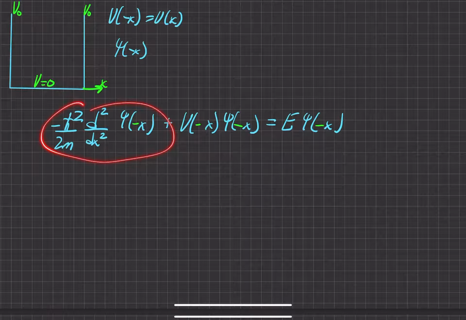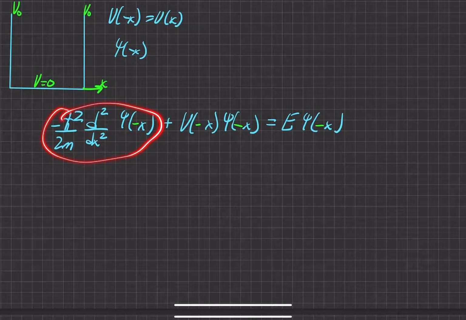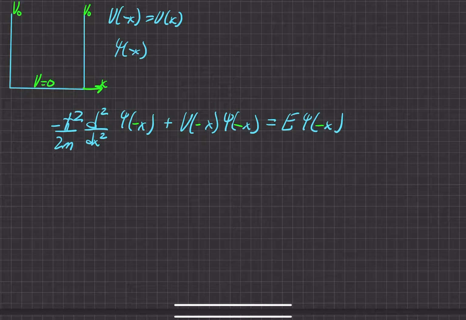So looking at this term here, if you take a single derivative of this, and assuming that single derivative is positive, then taking the second derivative of it is also going to be positive. But if this is actually negative, then taking a single derivative of this will make this negative. But if you take another derivative again, then that'll get another negative sign, and then this will end up being positive. So no matter if this is even or odd, this whole term is going to be the same. So we went ahead and showed that this is unchanging,